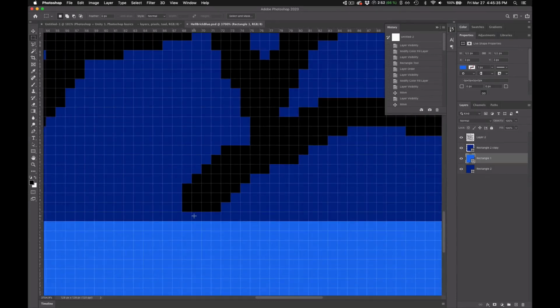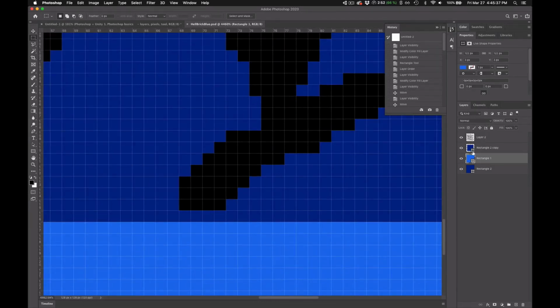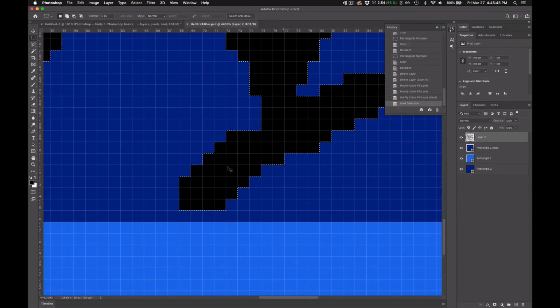And so now these are shape layers. You can see the shape icon here, but this is a regular old pixel layer. So these are pixels. So if I hold down Command and click, it'll reselect them all. Command D will deselect. And because I've got the pixel grid showing, I can see what's going on, and I can come in here and just select one pixel, and you can see my width and height